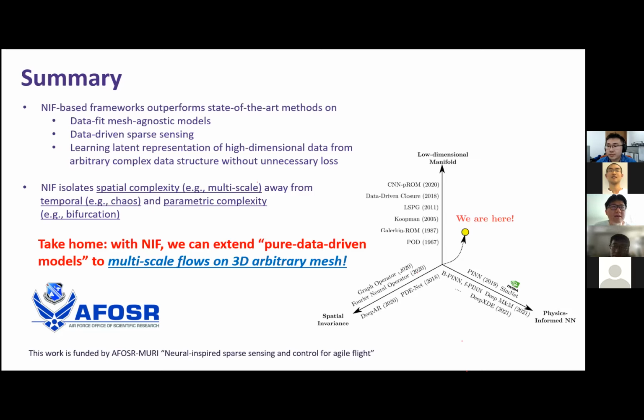But in practice, if you're just doing a blind, black box use of NIF, if you can guarantee that the mean square error is pretty small, the results look pretty good, because the only thing I did here is just dimensionality reduction. It's not any kind of prediction or extrapolation. It's just fitting the data set. I see. Okay, great. Thank you.